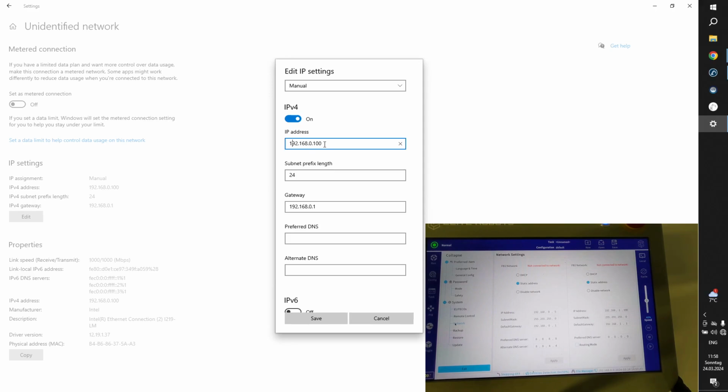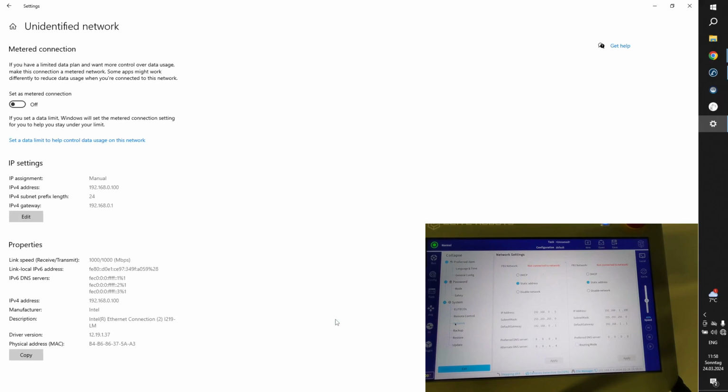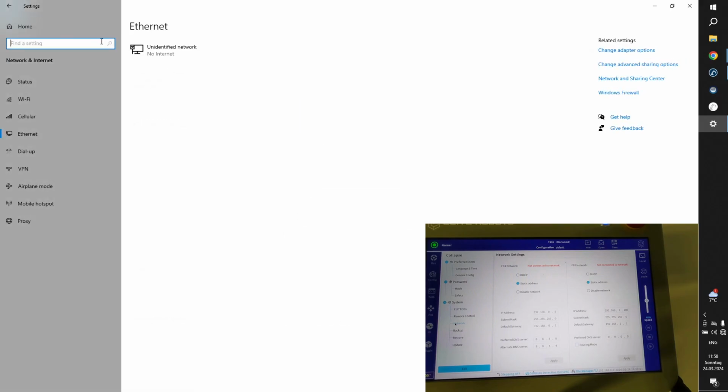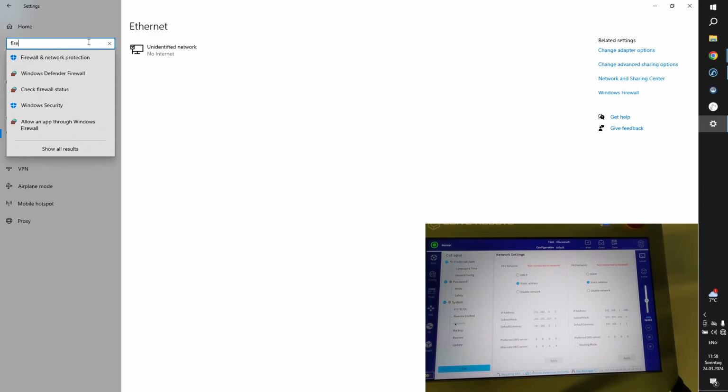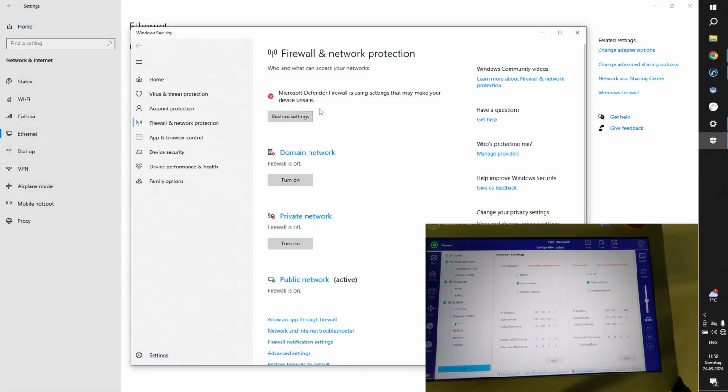The robot had only 5, so the last digits of my IP address are 100. The gateway must be the same, so they are in the same network. We do not need the IPv6. Just hit save. An additional stuff is the firewall, which should be turned off completely to be able to use